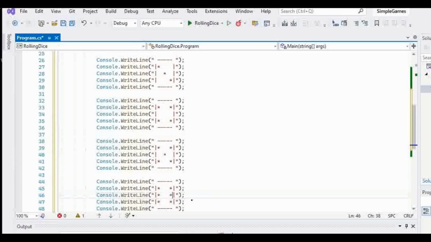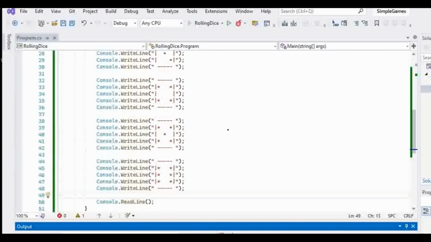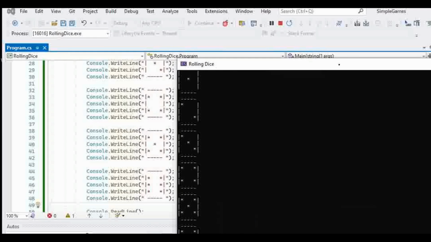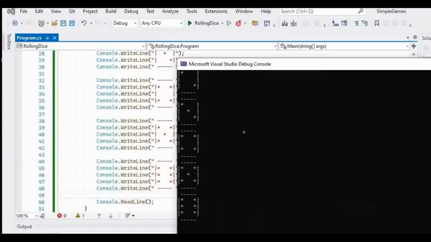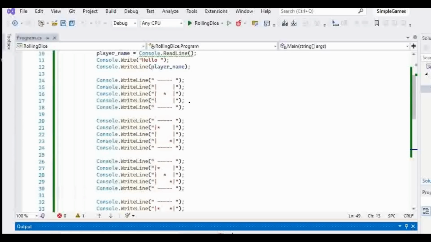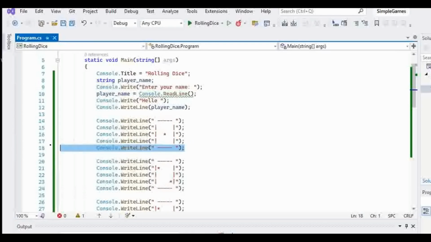Alright, here we go, all 6 sides of our dice. Okay, not bad. Now, throughout this program, we're going to be drawing the sides of the dice a bunch of times. So let's say if we wanted to draw this particular side of the dice, we could, of course,